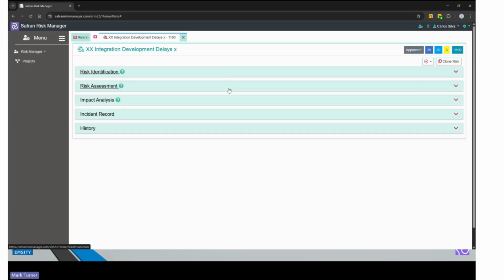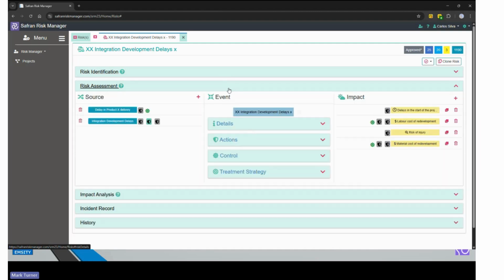Okay, now I've mentioned causes and impacts a number of times. The key element to Safran Risk Manager is that we view the risk as a bow tie. Now, the bow tie, for those not familiar with it, says that a risk event is driven by the occurrence of one or more causes, which we also call sources, so the source of the risk.